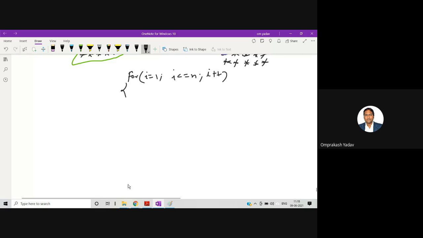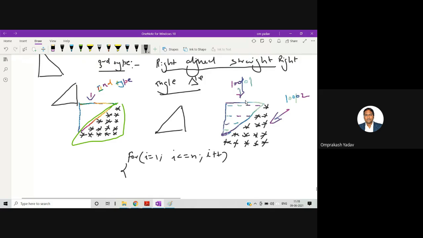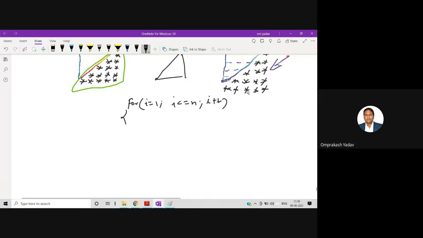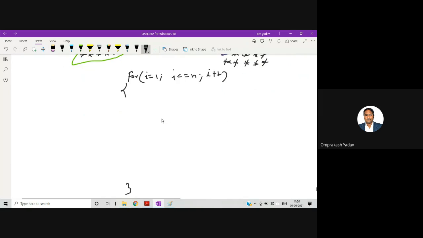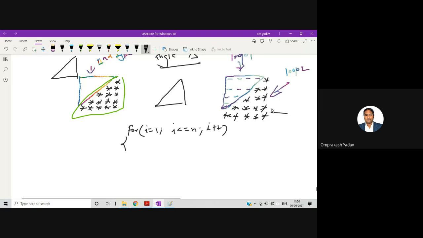There is no change at all. Only for this one we're going to write one loop. So before that, if you see, this is the same pattern, the first one. So whatever is the I value, that many number of times j will move and it will print the star.